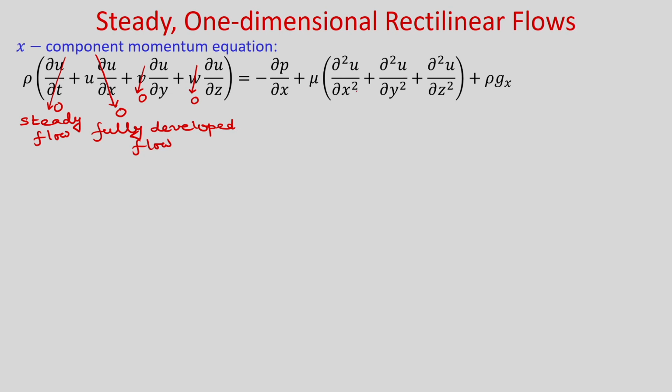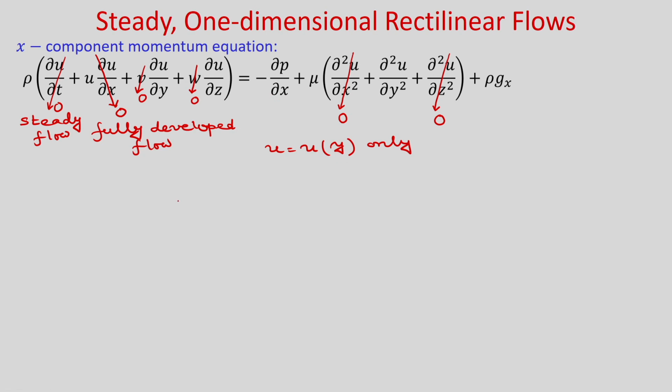and as del u by del x is 0 everywhere, so del 2 u by del x square is 0, del u by del z is 0 everywhere. So, del 2 u by del z square also will be 0, and already we have shown that u is function of y only. So, now this partial derivative we can write as ordinary derivative, keeping that del p by del x maybe it is constant.